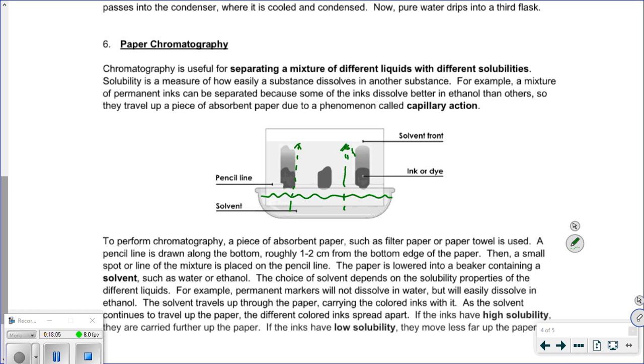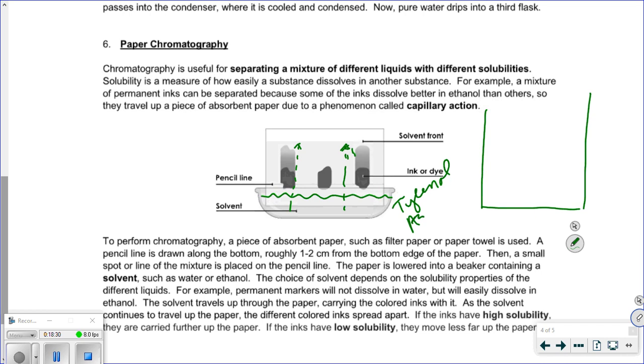And then what it does is it separates, say, the different colors in a pen. Or there's a lot of things that will do that you can only see under UV light. And that's really what we use it more in chemistry. And we actually have a blue light here that if we could have done it, I could have shown you how if you have a medication that's got, say, Tylenol